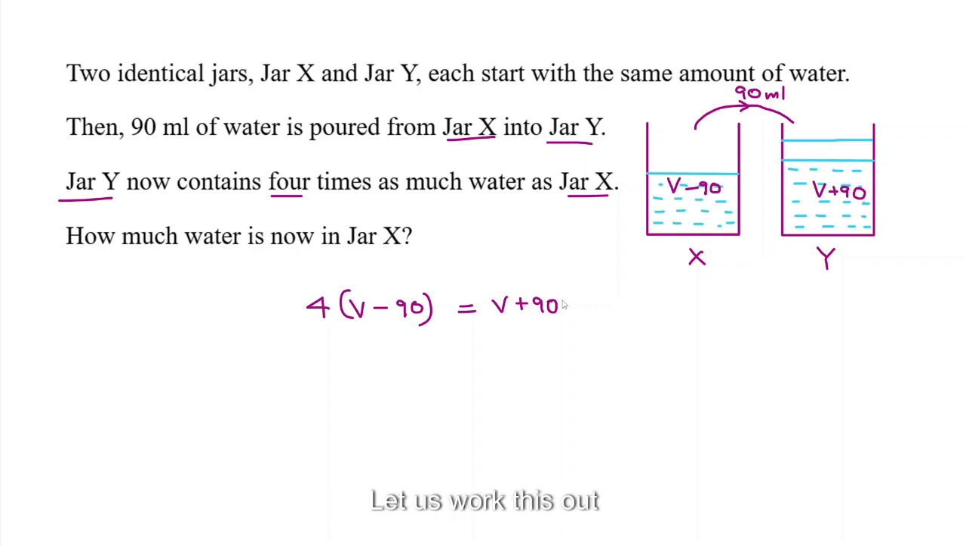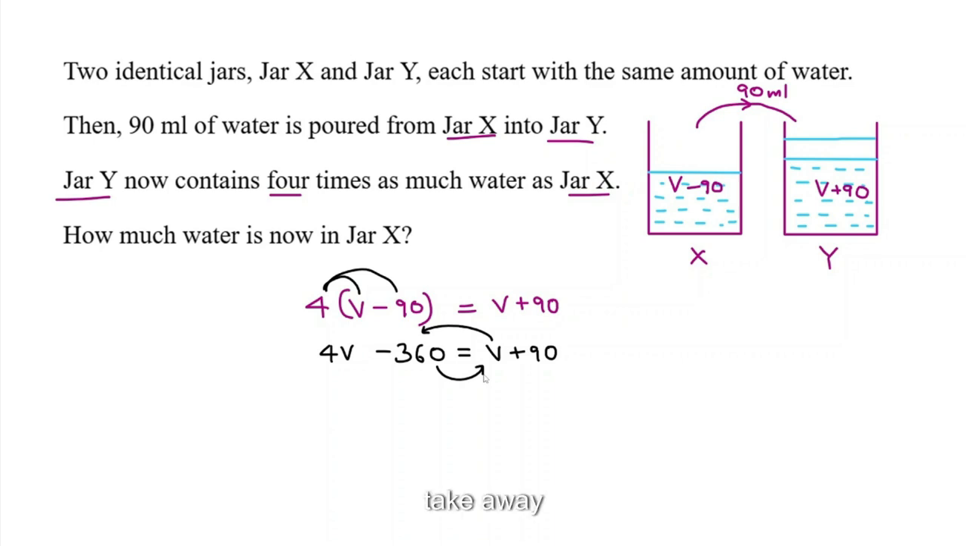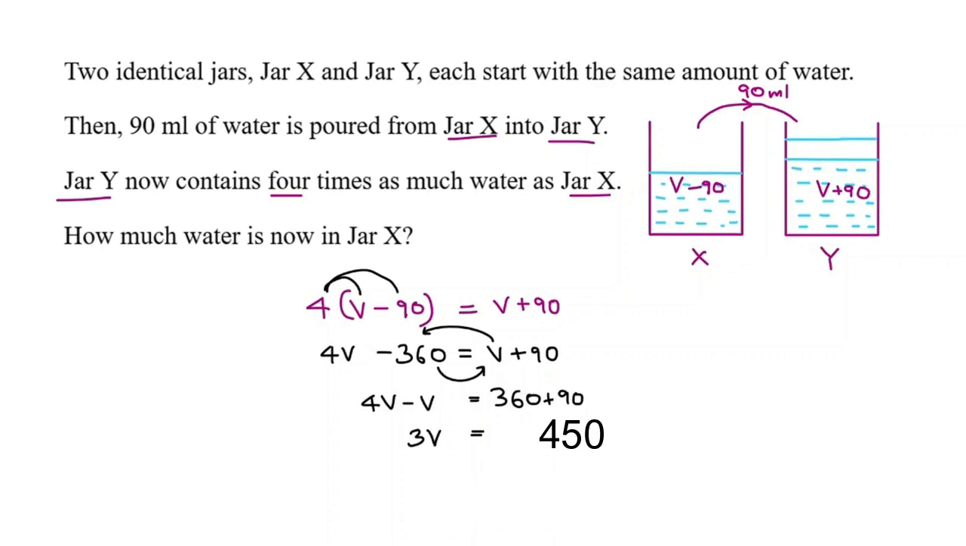Okay, let's work this out. 4 times V is 4V. Take away 4 times negative 90 is negative 360, is equal to V plus 90. So obviously move the V to this side, move the 360 to the other side. So I have 4V take away V is equal to, this negative becomes positive, 360 add 90. So I get 3V here is equal to